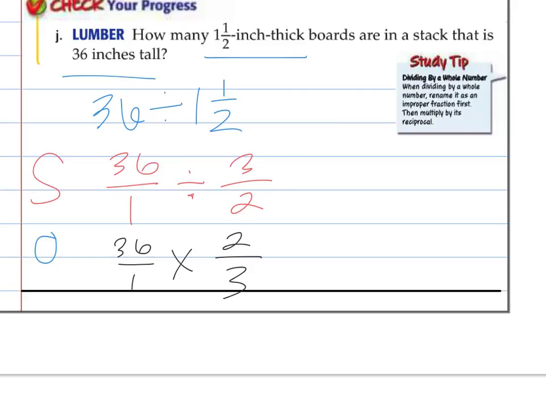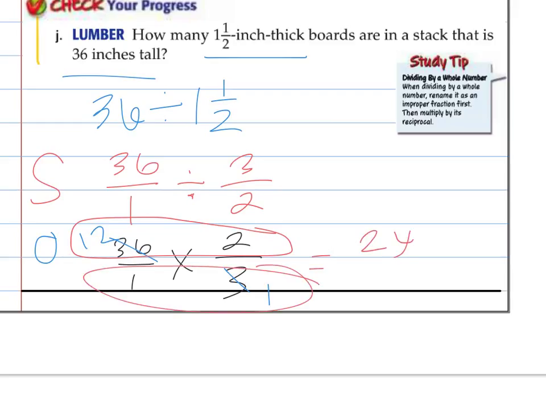Still in my operating phase, I'm going to cross cancel. 3 goes into 3 once. 3 goes into 36 12 times. So I can multiply straight across for 24 over 1. Simplifying step, 24 over 1 is the same as 24. So my answer is there are 24 boards